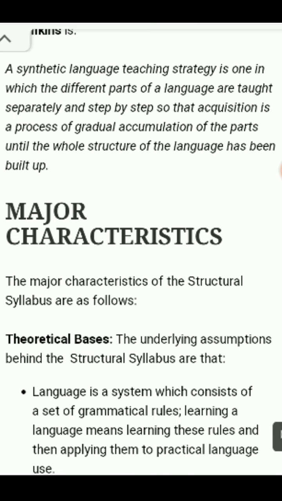When we are teaching language or when we are learning a language, our purpose is to learn the whole language. Okay, but the structural linguists or the structural syllabus designers believe that